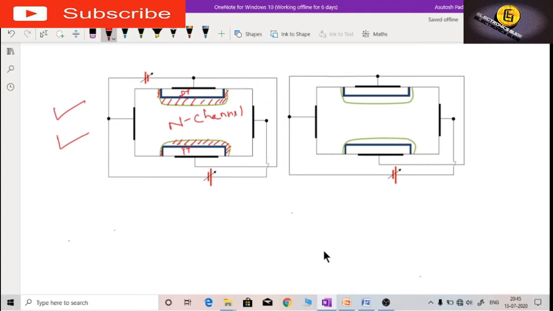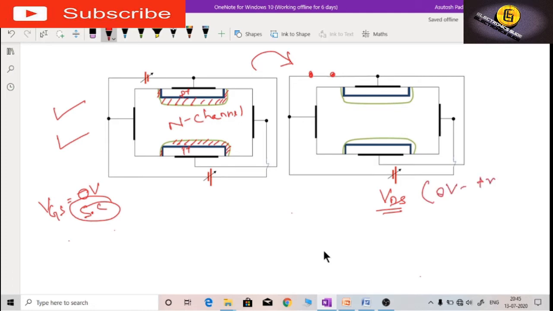Now, to this JFET, we are going to apply the DC voltage sources. In this figure, we are applying two voltage sources, but for the sake of simplicity, we are going to apply only one voltage source at a time, and we are going to inactivate the other sources. For this, we are assuming that VGS equals 0 volt. That means this voltage source is short circuited, which is given in this figure. VDS is applied from drain to source terminal, which is a variable source. We can vary its voltage from 0 volt to some positive voltage.